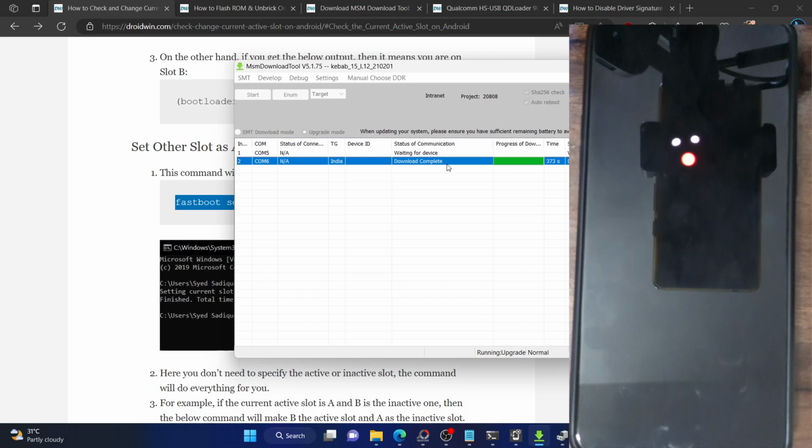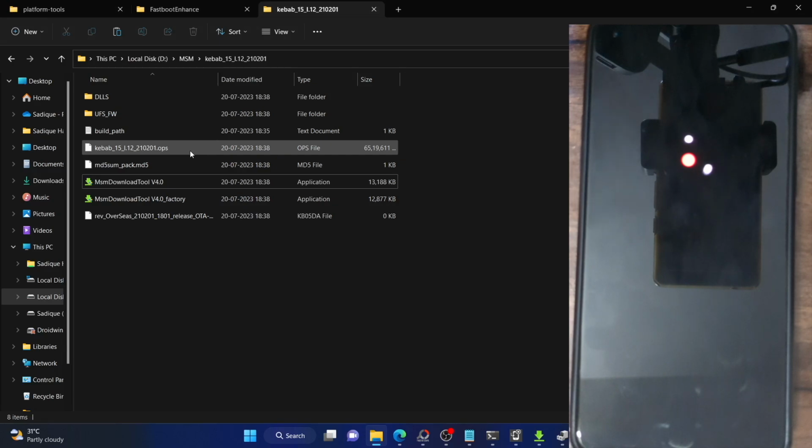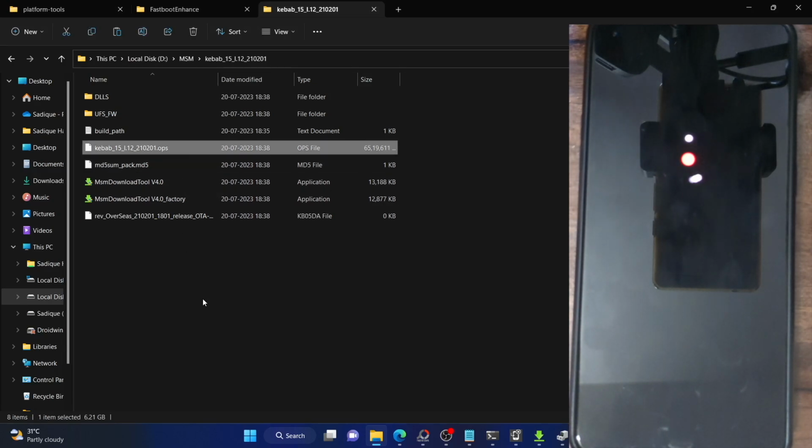So as you could see, the best thing with the MSM tool is that irrespective of the phone state, if it's soft bricked, in a boot loop, or even if you cannot access the fastboot mode, all this is not a cause of concern. You only have to install the EDL drivers and boot your phone to EDL mode. Once you do so, you could then easily flash the firmware. The firmware comes inbuilt with the MSM tool, and this is the OPS firmware. So you just have to flash this firmware and your phone will surely get unbroken with this method.